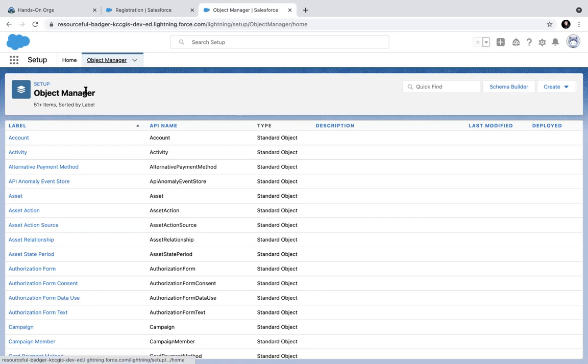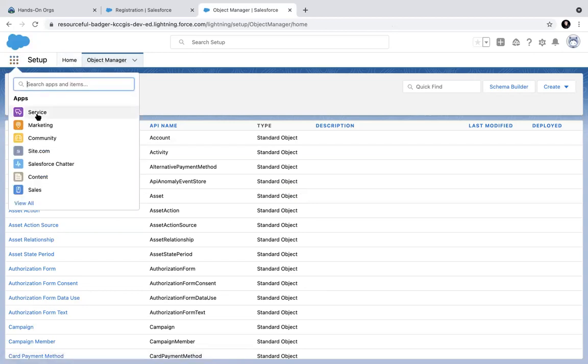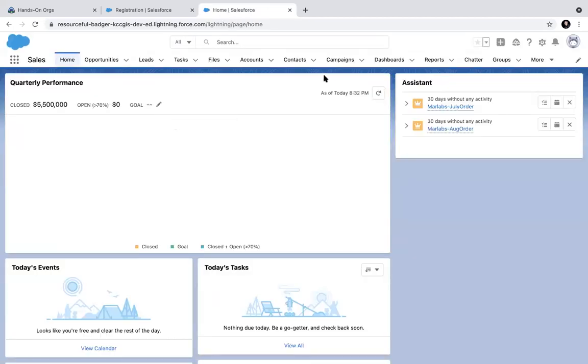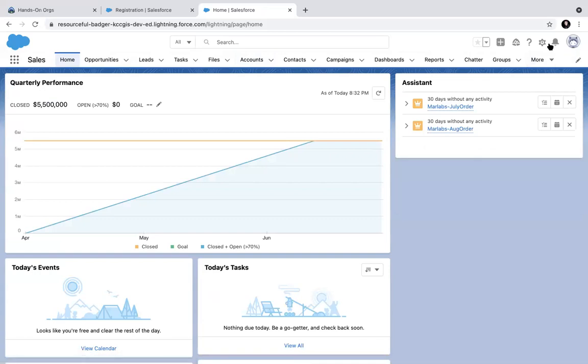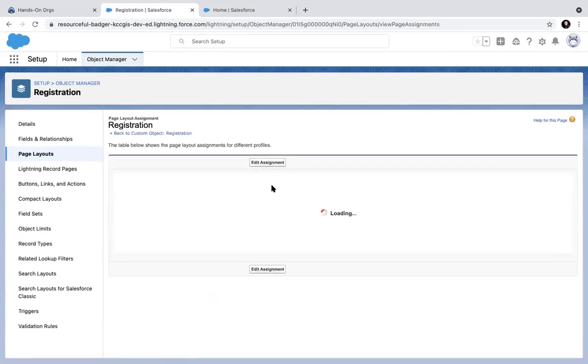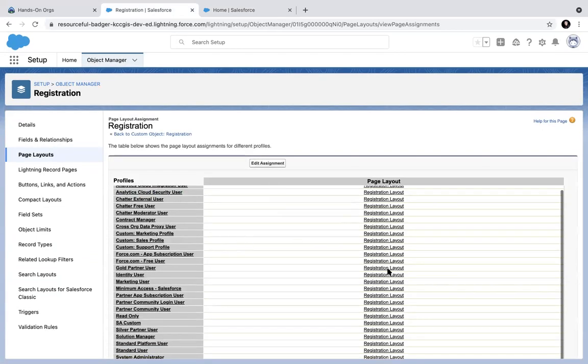Even when I'm in a specific page layout, that is also subject to some profiles only, which I have predefined while I was creating that layout. If you go to this layout screen, there is a page layout assignment. So you know which profile this layout is assigned to.